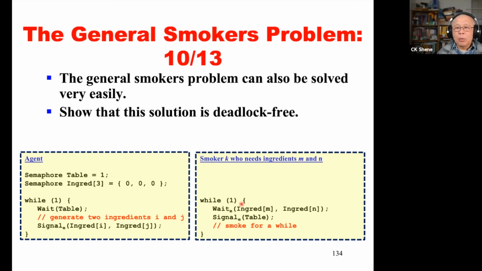So it waits for ingredient M and ingredient N at the same time. So smoker K can continue only if the counter of ingredient M and the ingredient N are positive. If one of them is not positive, smoker K is blocked. So after taking the ingredient, smoker K signals table to clear the table so that the agent could put the